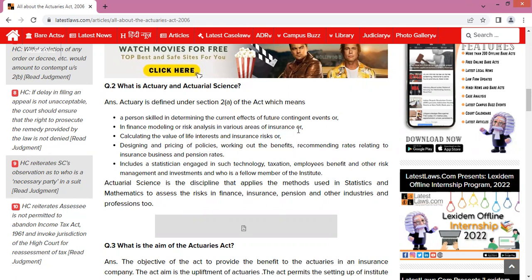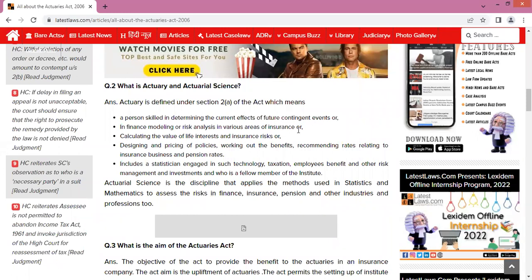Now we have seen n number of companies in the insurance sector, right? Working as an insurance advisor, or working in an insurance company, is not a joke, because a number of calculations are there, and it's a matter of risks, a number of risks, because insurance is a priority nowadays. You know why? Before other companies came, LIC was available, but after that, n number of companies came for accidental, mediclaim,